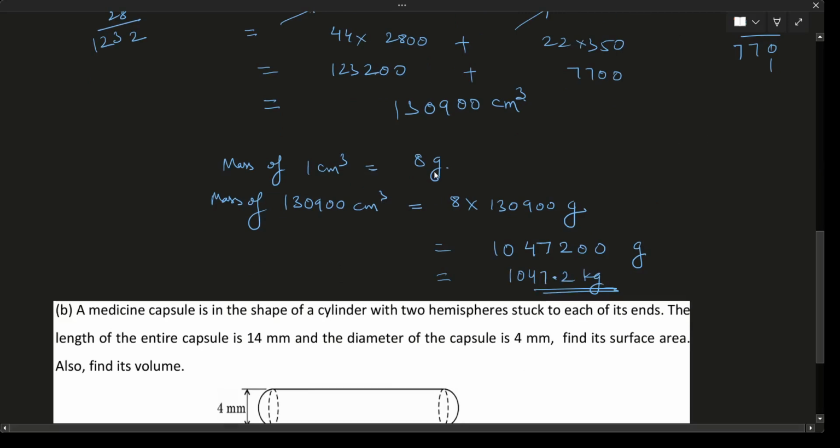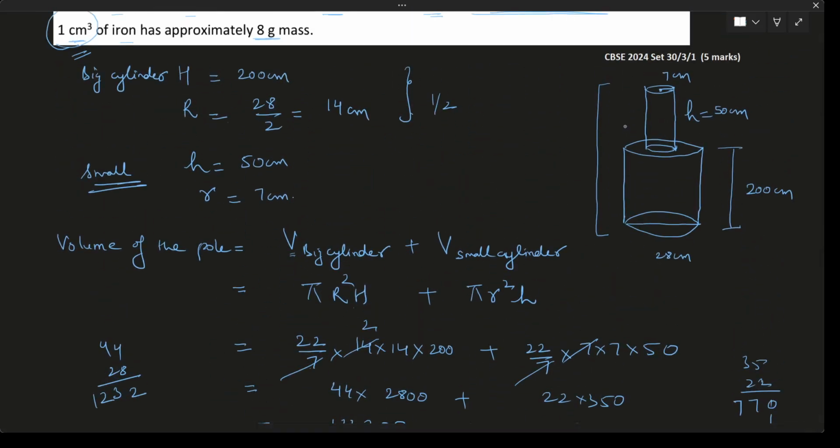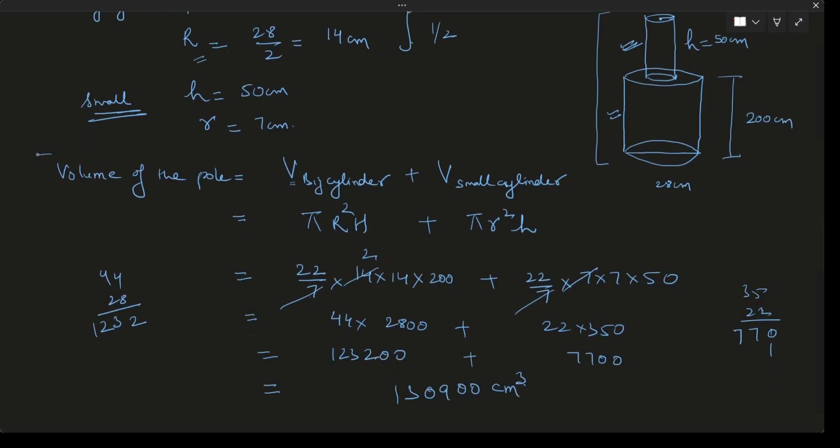Hope it is clear. We have not done anything special, just calculated the volume of this pole by adding the volume of this small cylinder and adding the volume of this big cylinder. Now I'll tell you how you will get marks in boards. Half mark I told you to calculate this radius of the big cylinder. If you calculate it directly here also it will be fine. Then writing this statement and putting these values till here. Okay, you will get 2 marks. 1 mark for your calculation part you will get.